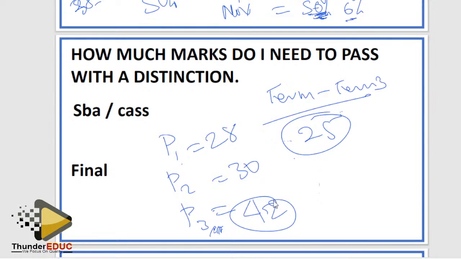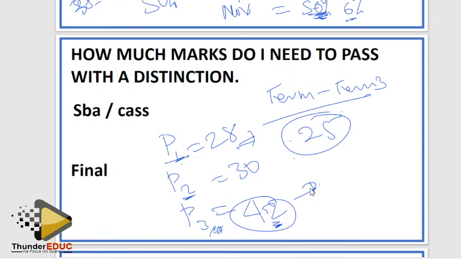You understand? Why? Because the weighting for paper 3 is much higher than the weighting in paper 1. If you have failed paper 3 and you have passed paper 1 very well, the chances are high that you might lose a distinction. But if you pass paper 3, guys, remember you have not written paper 3, so the chance for you to get a distinction, even if paper 1 and paper 2 did shake you, is there. Automatically you can make a distinction by passing paper 3. You understand? Yes, make sure that you excel very well in paper 3 so that you can be able to score a distinction. Is it clear? Yes.